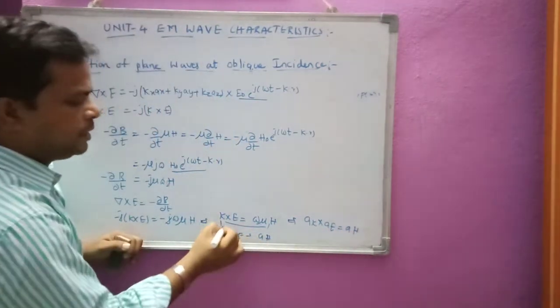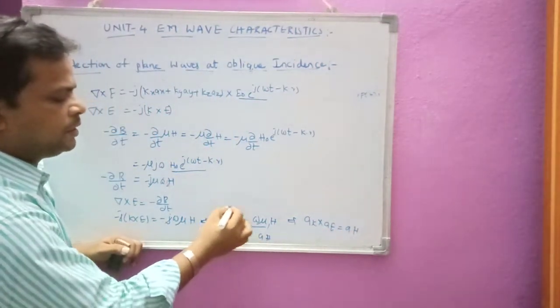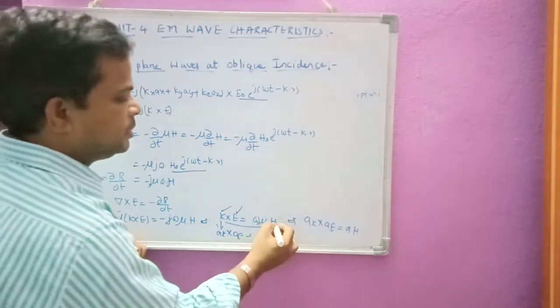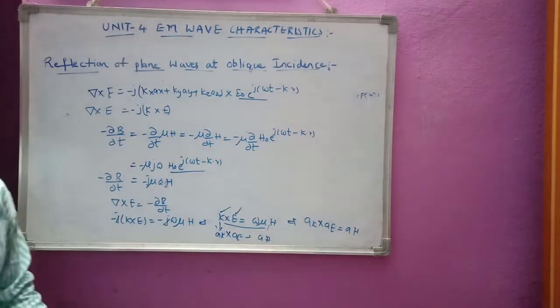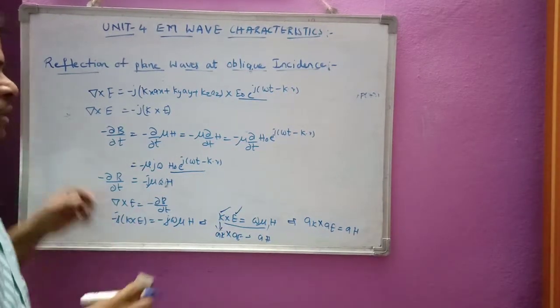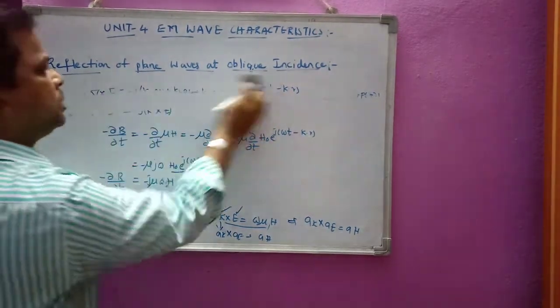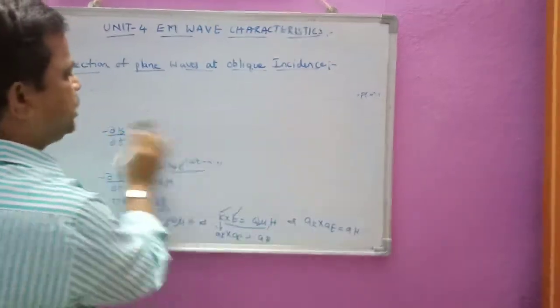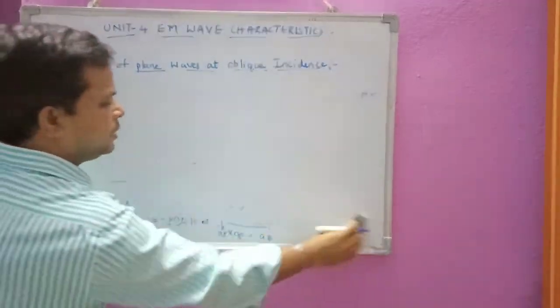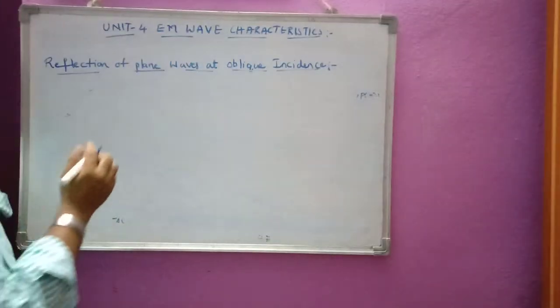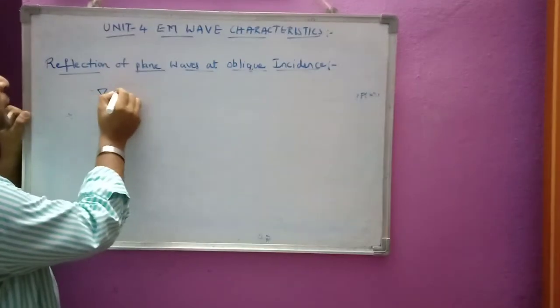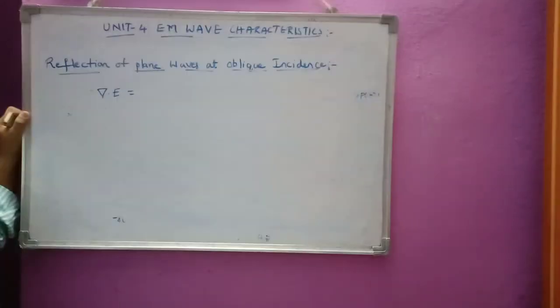So by taking these directions, I can write this is the vector here, and this is also the vector, and this is also the vector. We have got three vectors, and we have shown that AK cross AE is equal to AH. So that is what actually we have to show. Next we will go to the next one, that is k dot E and k dot H are equivalent to 0. Now del dot E is what actually we have to show.